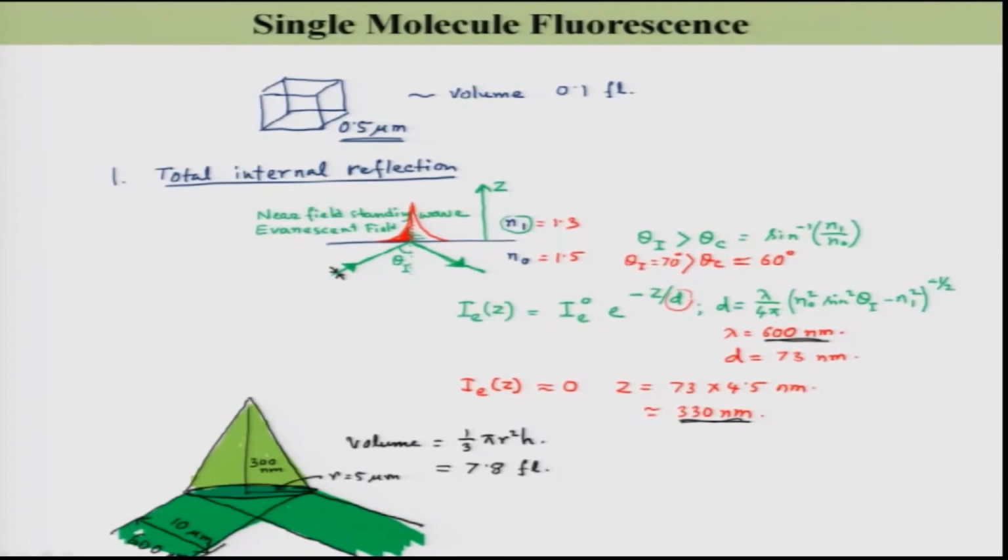So, see, just by taking this total internal reflection condition, you can achieve the observation volume of 7.8 femtoliter. Now, let me show you that experimental setup in this case. Like if you use such kind of device,